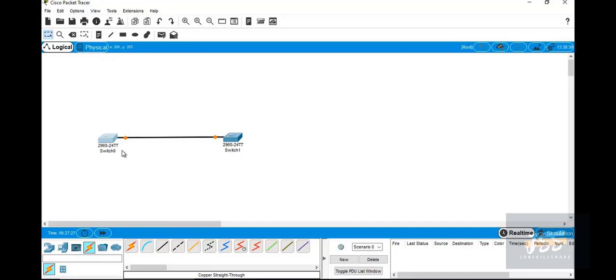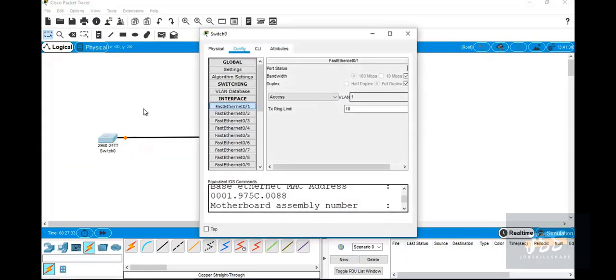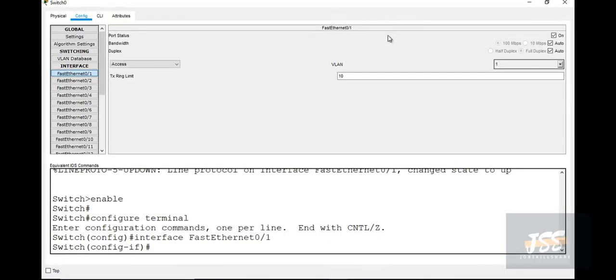So you can see over here we have two switches and we can set the duplex and speed setting on this Cisco Packet Tracer topology. This is very simple. This is being shown to just tell you that port settings are very important, speed and duplex settings are very important. If you are operating at auto, then it will auto negotiate. You can also operate at full duplex, you can also operate at half duplex.